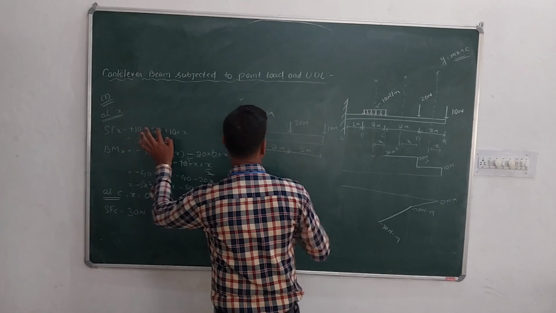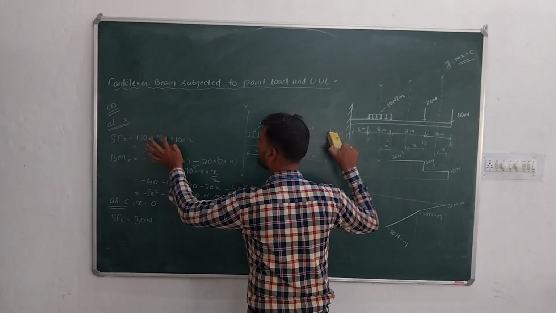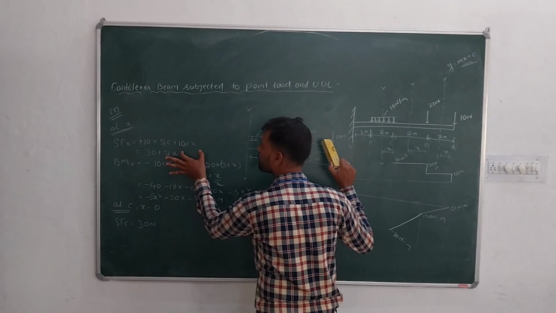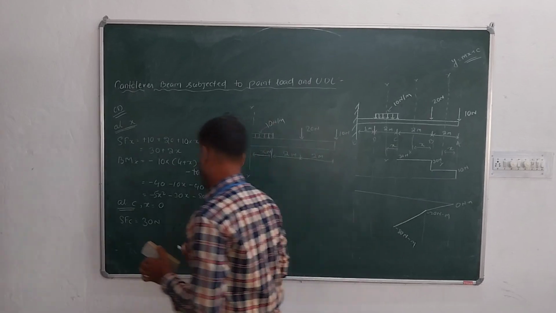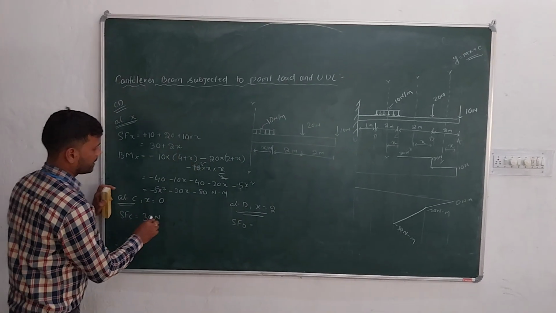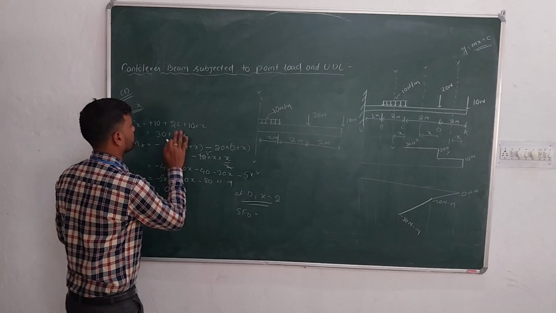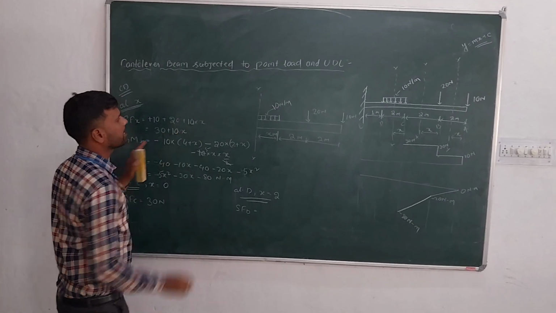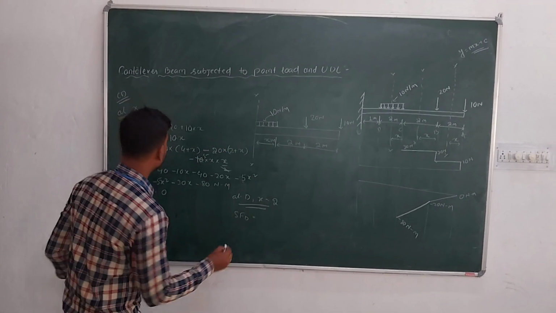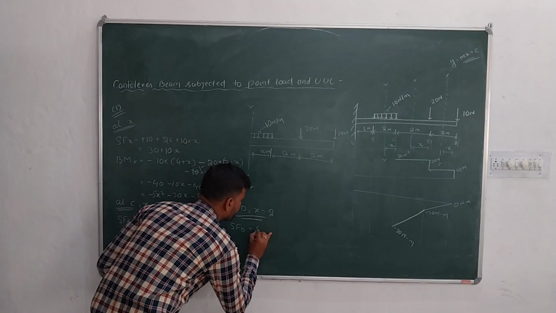So here it is plus 10 plus 20 plus 10 into x. So 30 plus 10 into x, x is 2, so 10 into 2,